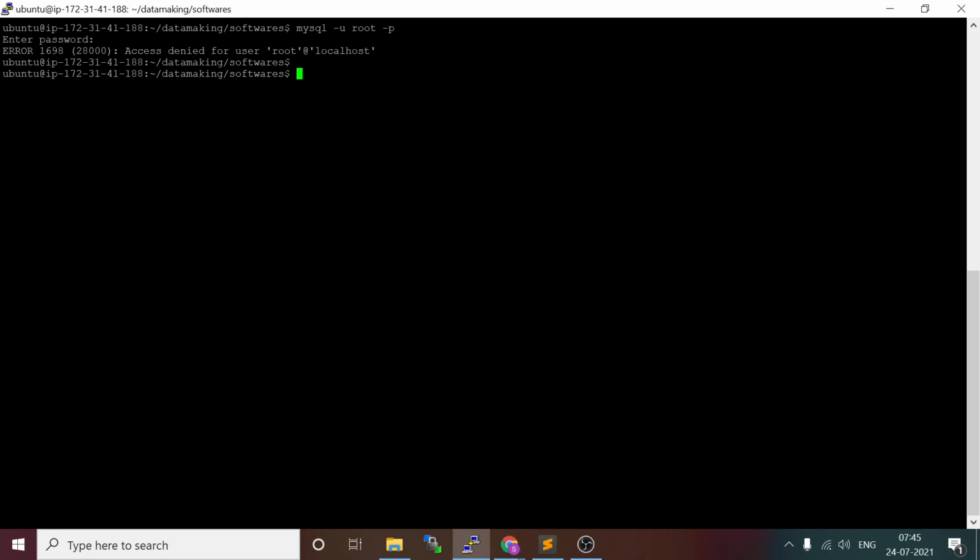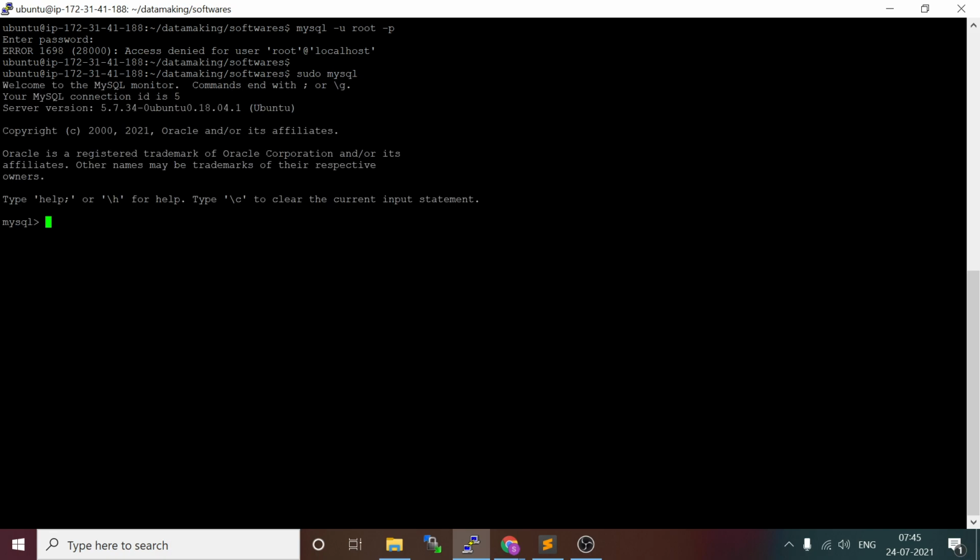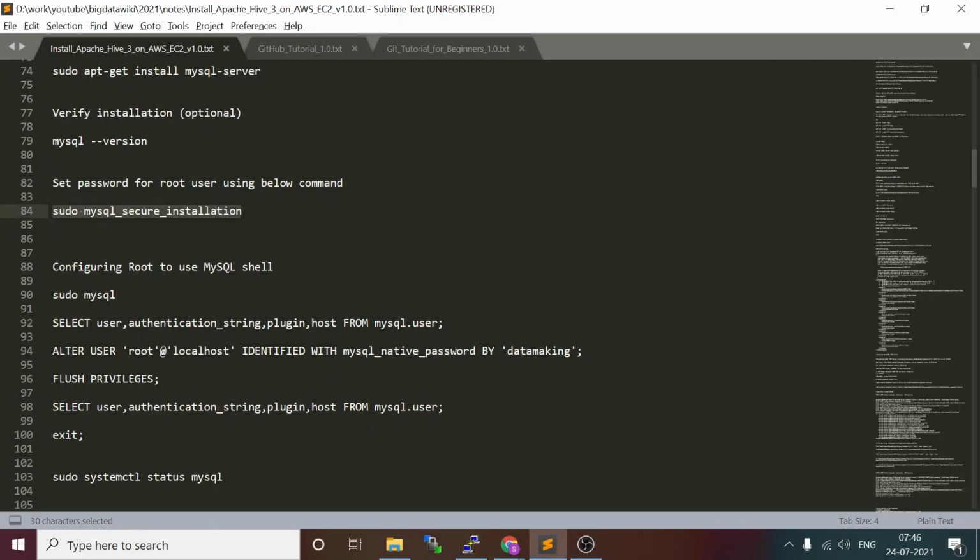Okay, so we need to basically update one table to reflect our password. So what I'll do is I say sudo mysql. Okay, so it will go with the root password. With the sudo permission it is going. So let's go on to change that. Basically, there's a table called user. There we'll alter the password for this root user. For that we just logged in as root in MySQL and try to select from mysql.user.